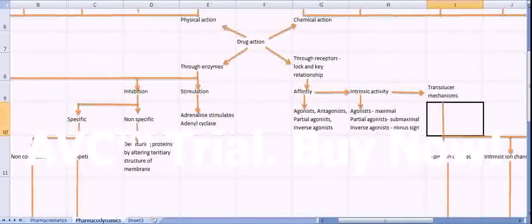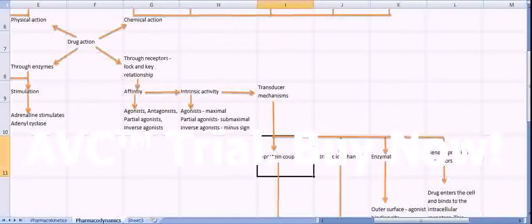then the transducer mechanisms come in. After the binding, what actually happens in that cell is the transducer mechanism. Transducer mechanism depends on different receptors. There are different types of receptors like G protein coupled receptors, intrinsic ion channel receptors, enzymatic receptors, and gene expression regulators. In the case of G protein coupled receptors,